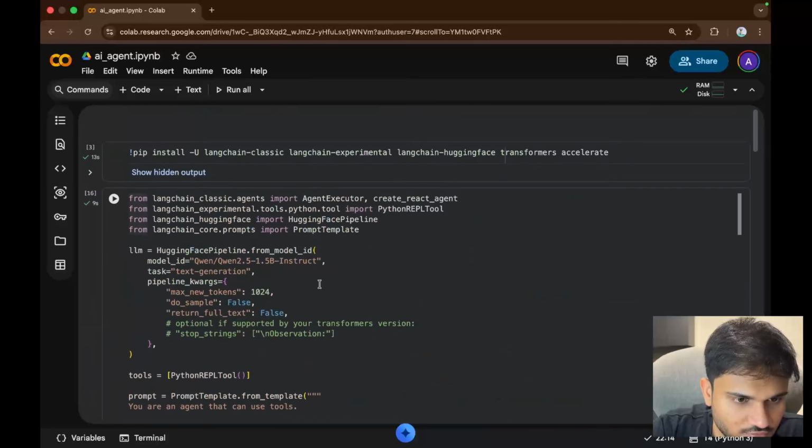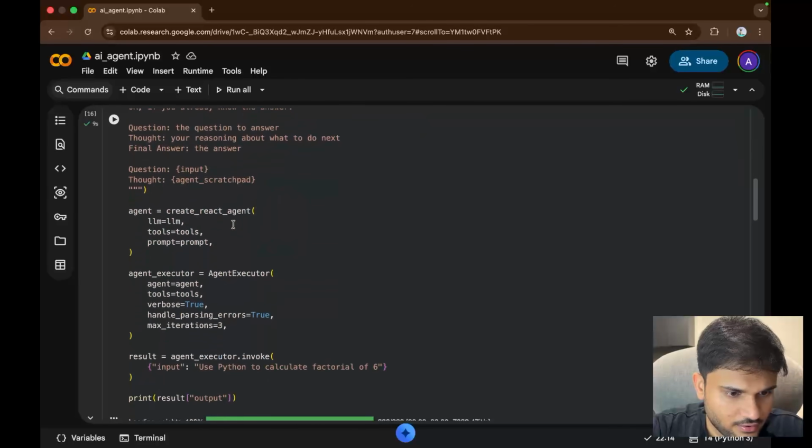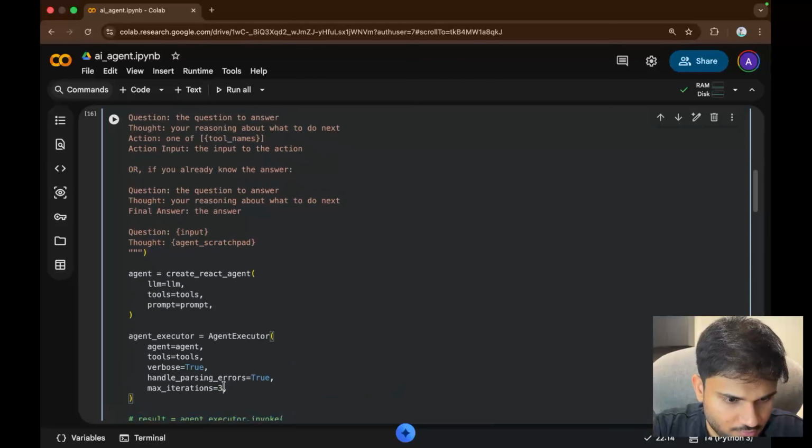So let's try to increase the iteration limit. Let's say, for example, I will not call this particular result, right? And max iteration limit, let's go to, let's say, 25. Okay, so let's recreate the agent